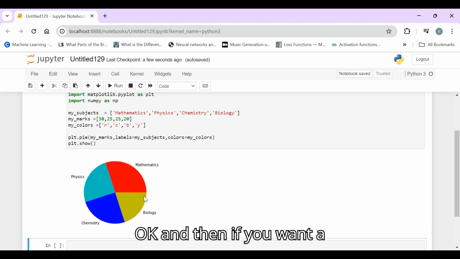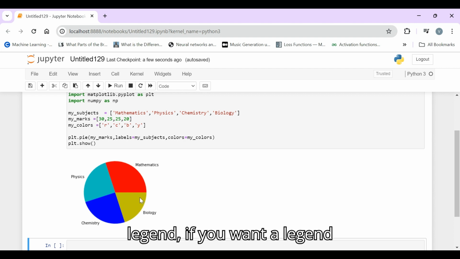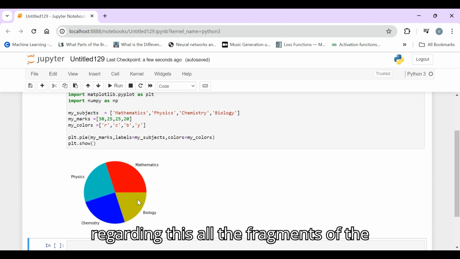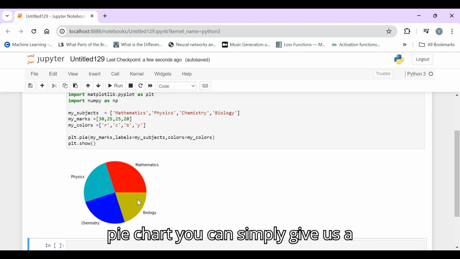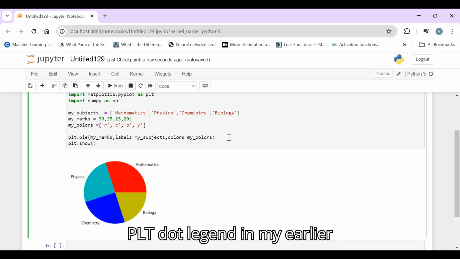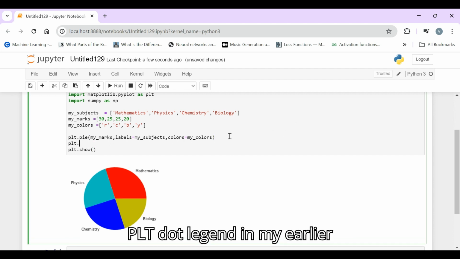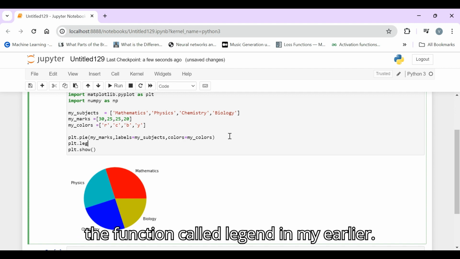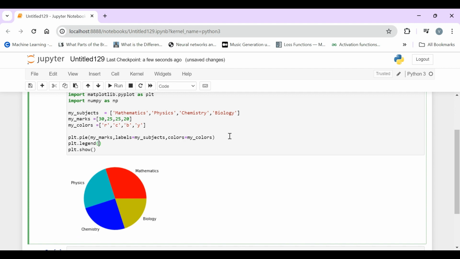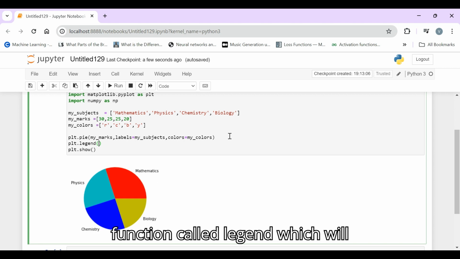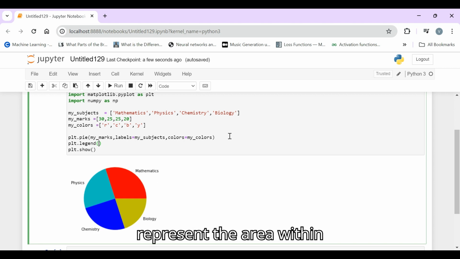Okay. And then if you want a legend regarding all the fragments of the pie chart, you can simply give plt.legend. In my earlier videos also I have mentioned, there is a function called legend which will represent the area within the graph.